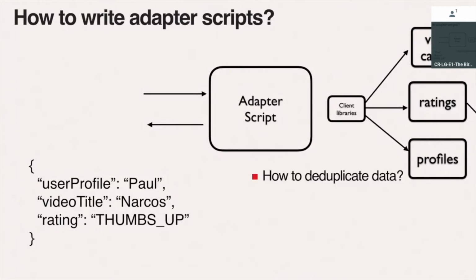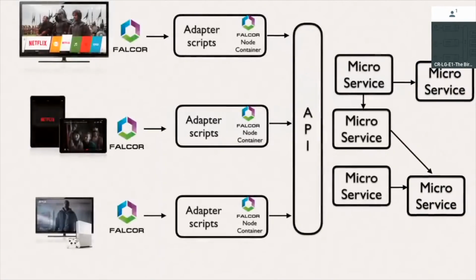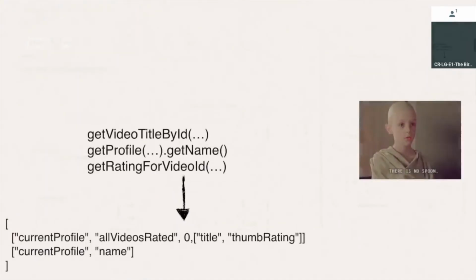So instead of doing that, we use a library called Falcor there. Falcor, also open source. It's kind of an interesting technology. It's a technology that changes the way you think about APIs. And as an example,